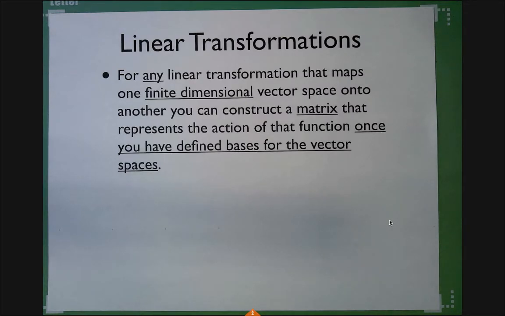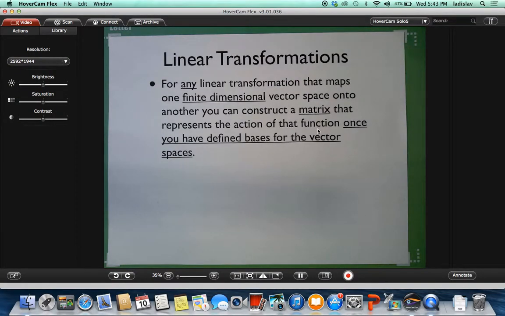Thank you. So when you say linear combination, is that the same as